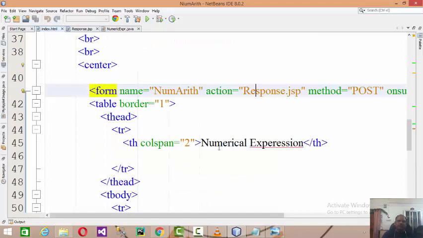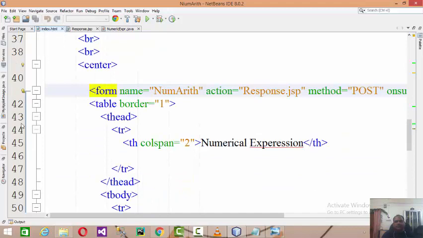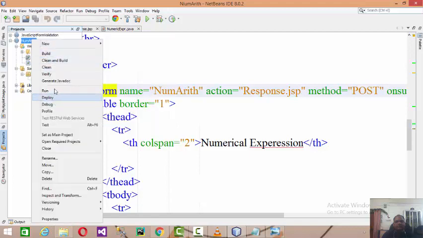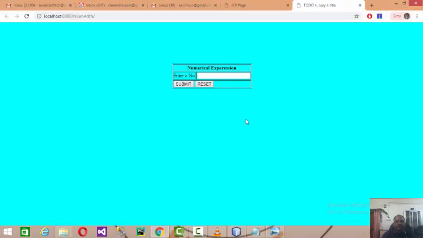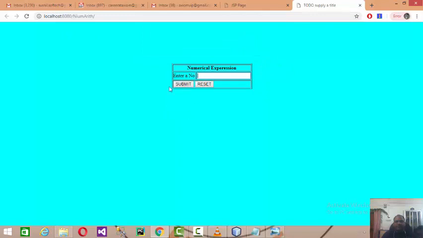The only thing we need to consider today is that whenever the form runs, let us say now in this case, whenever you run the form, what you will observe is that we were not able to directly post blank values, right? It is asking please enter a number. This is what validation means. Otherwise, if without entering any number I am able to submit the data, a null value gets posted, a server side exception will be developed, and the server will abruptly stop functioning. So to avoid that,